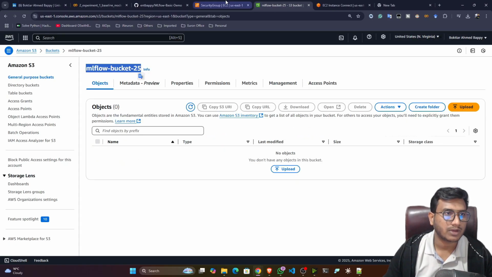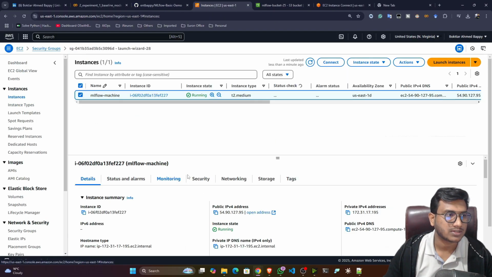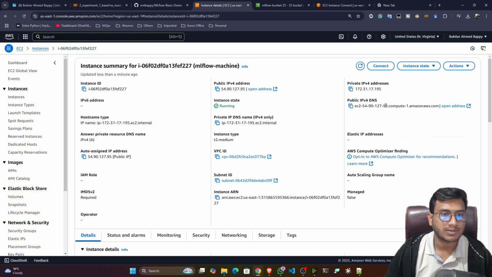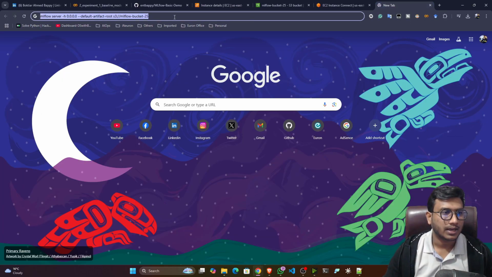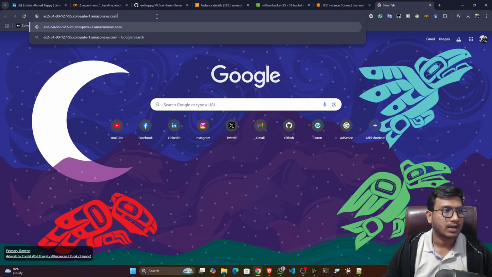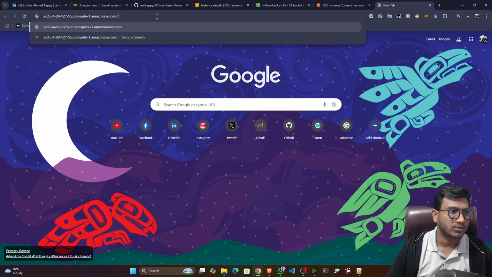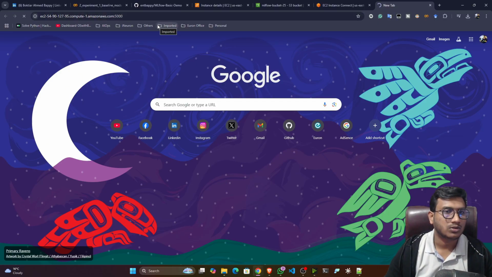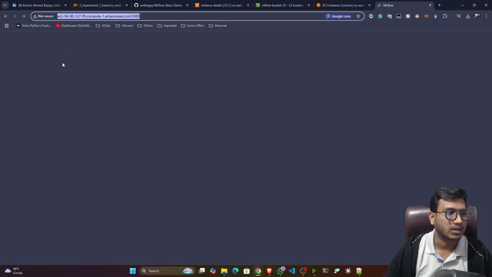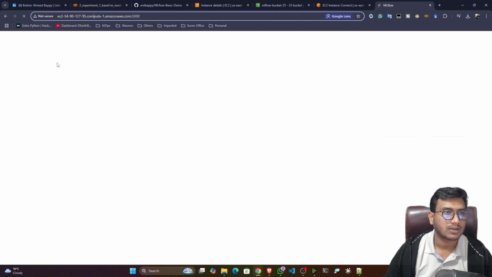Now what I need to do, I need to go inside my instance. So this is my instance, and here you will see one option called public IPv4. This particular URL, just try to copy, and here you can paste. And just after that you have to give colon 5000. Now if I hit enter, it should open my machine, but it won't be opening because here it is opening HTTPS. Okay, sorry, it has opened because by default, see,